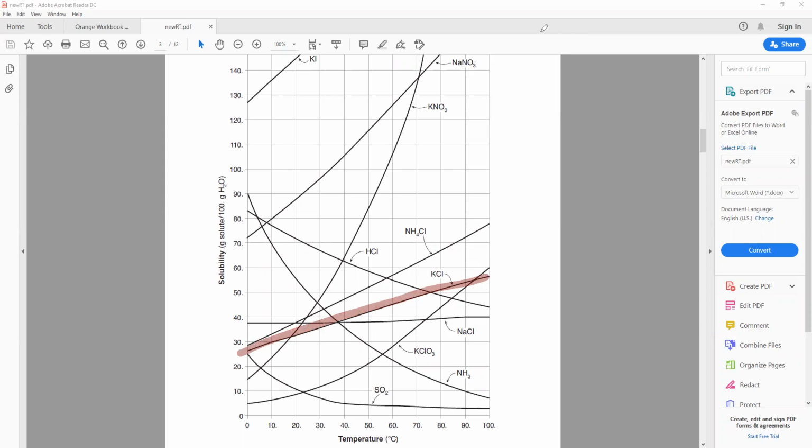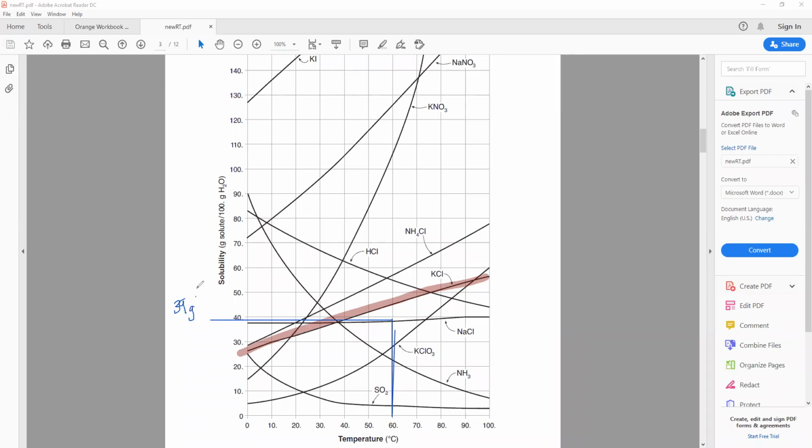Then we're going to go to our temperature, which is 60 degrees Celsius. Oh, let me just do it better. And I'm going to go across, and I'm going to see that it's going to be approximately what? 39 grams